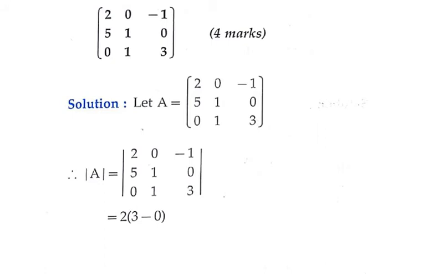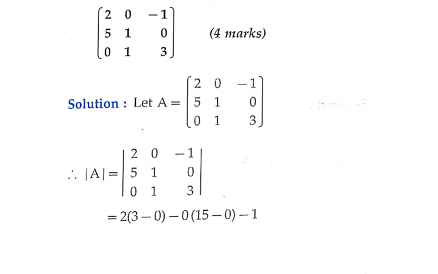Now from the first row we will use the second value 0. But when you use the second value, you always have to do subtraction. So subtraction of 0. Now we remove the first row and second column. By excluding them, we get 5 0 0 3, and after cross multiplication we get 5 into 3 is 15 and 0 into 0 is 0. The next value would be positive, but the next value is already negative, so the result is minus 1.